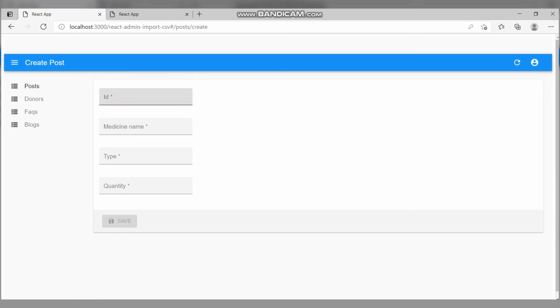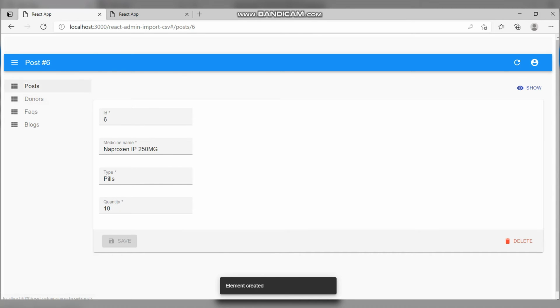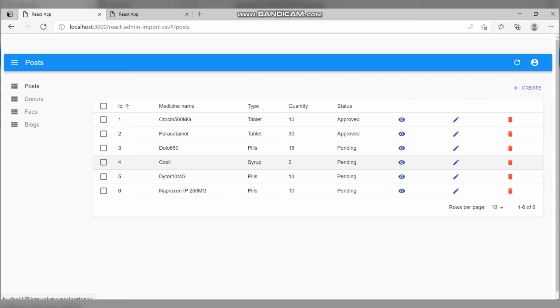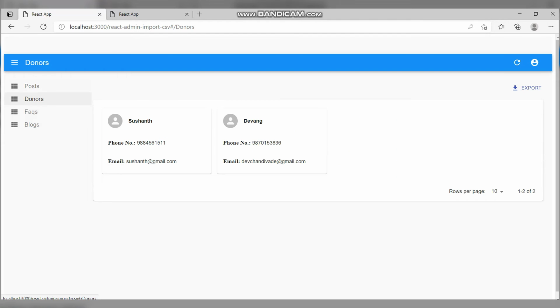So let's just add one more element. Quantity 10 and let's say save. As you can see, both elements have been added here. So now the NGOs can see those donors who have the most matching requirements, which will be displayed in the donors panel. So let's see here.